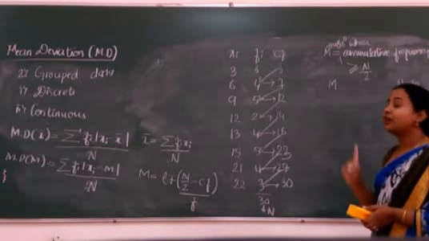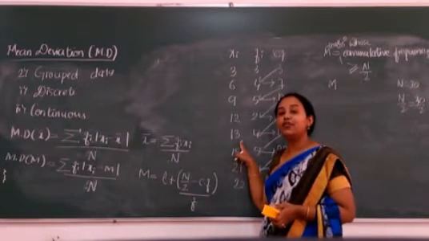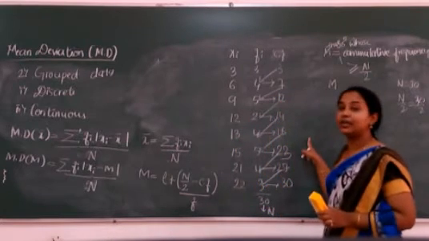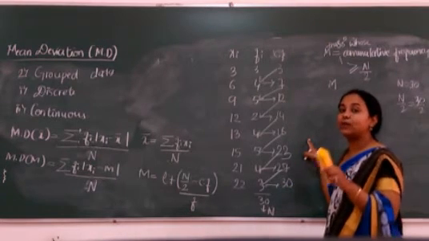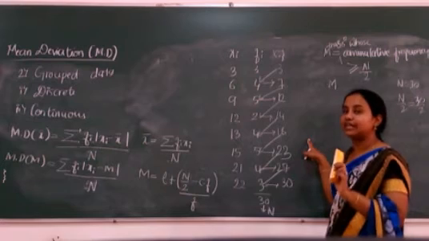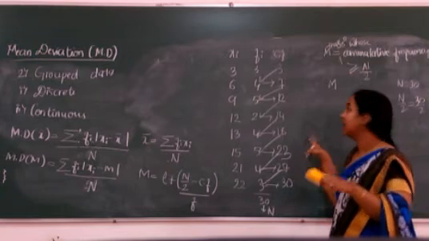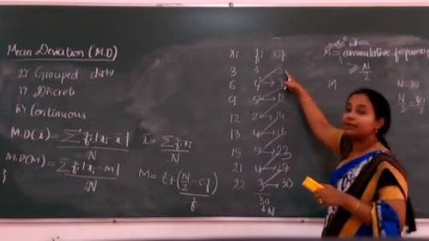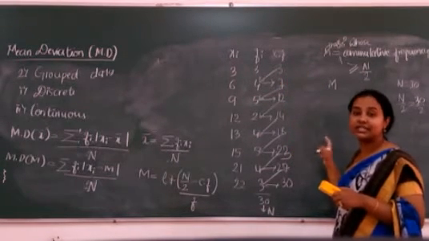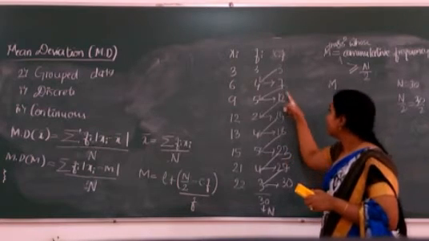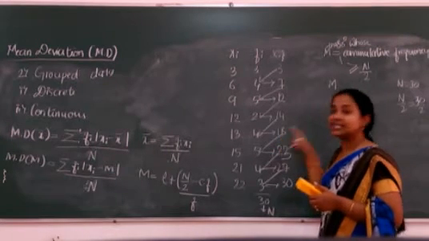I'll repeat once again. We need to find an observation, here it is xi, whose cumulative frequency is either greater than 15 or equal to 15. That is, it should be nearest to 15. Greater than 15 doesn't mean any number; we see which is the closest to 15. Now in your cumulative frequency column, find the cumulative frequency nearing 15. You can see 12, 14, and 14 also I cannot consider. Next it is 18, and 18 is greater than 15.